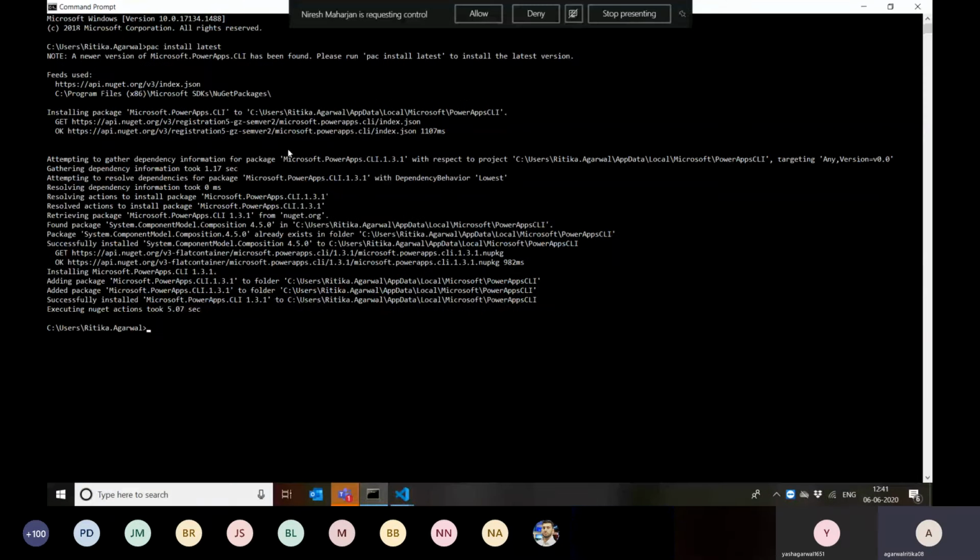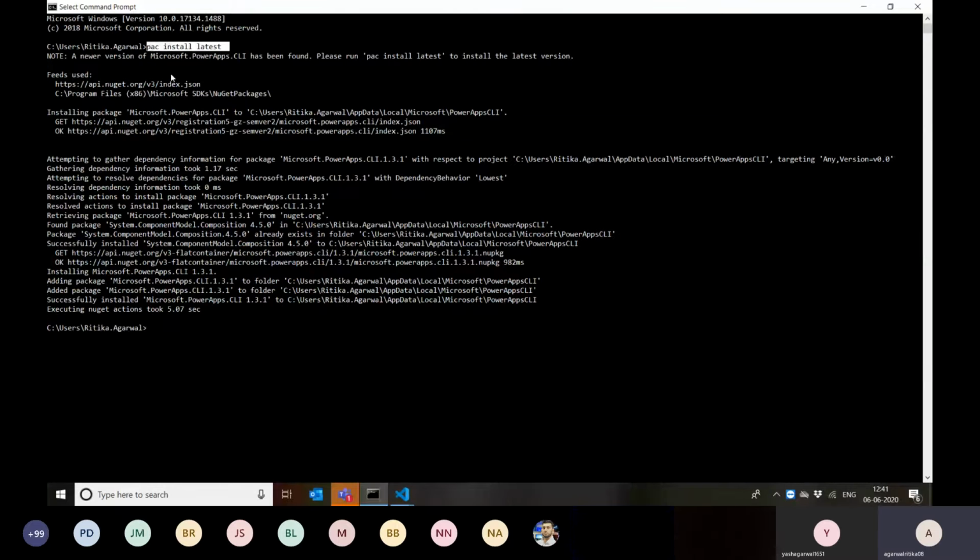Okay, so here I have opened a command line on my screen. One command that I have already run here is pac install latest. What this command does is it installs the latest version of any of the packages, be it anything, and it refreshes my stack configuration, you can say. I have run this command before our demo because this usually takes some time. It might take 5 to 10 minutes to actually import all the components. That is why I have already triggered this command.